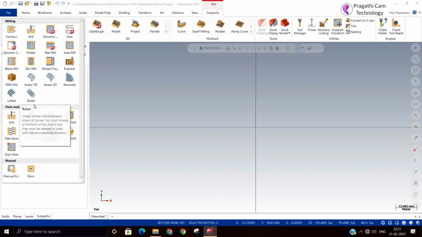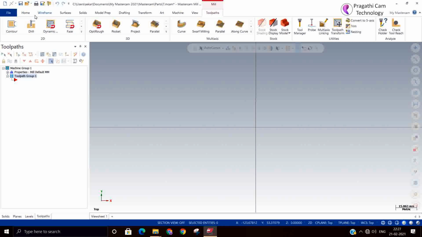All these five toolpaths are called wireframe toolpaths. This is not a new toolpath; it is the old toolpath only. These toolpaths were already there in the C hooks, I mean the user-defined option.